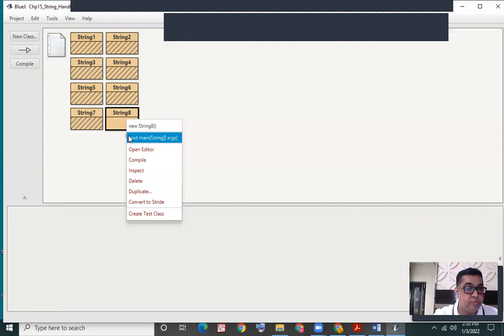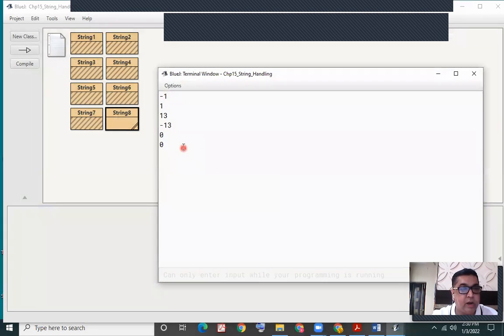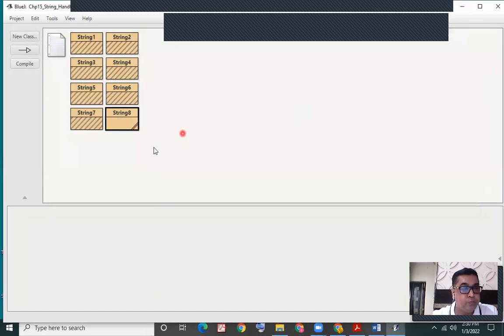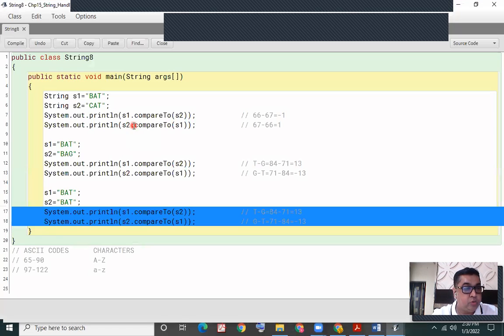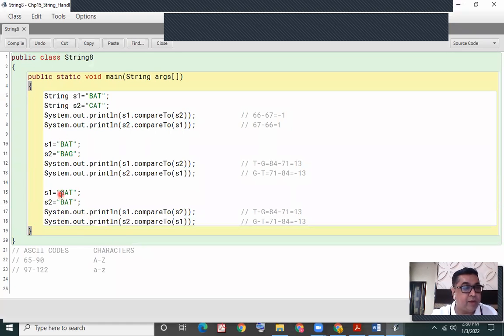So when the strings are absolutely the same, compareTo gives us the result 0. Why?